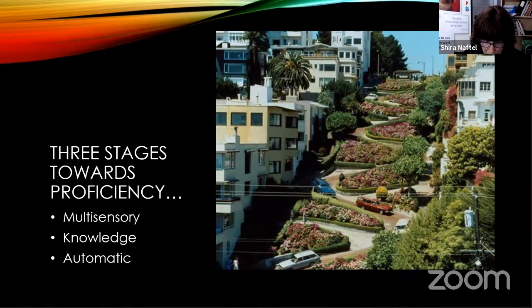And then we have the second part, which is, so multisensory is that we're learning to do the task. Once we know how to do the task, we're at the knowledge stage. And that's where we acquire our speed and our accuracy during that stage of development. And then we have the automatic stage, which means we can do any task or the task that we've learned with adequate speed and accuracy. It becomes a behind the scenes activity needing very little obvious attention, okay?